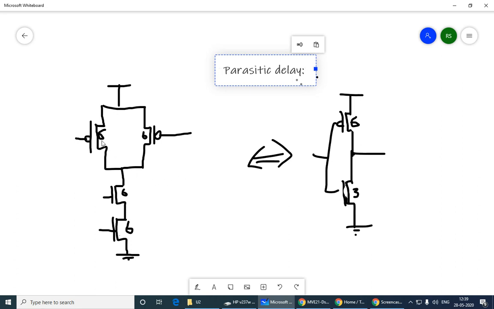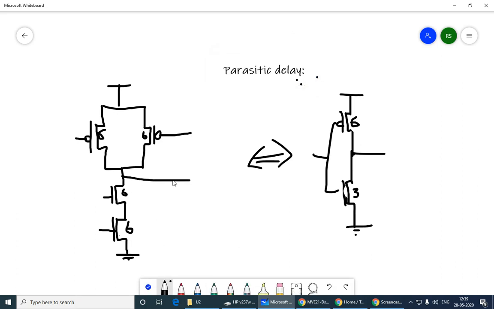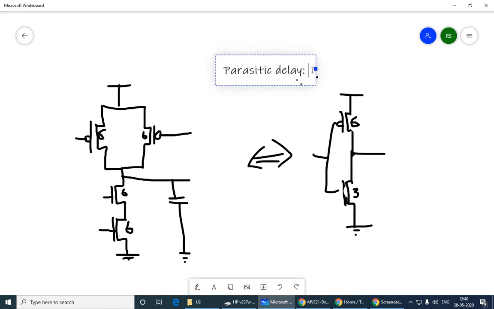So here I have one, two, three terminals connected to the output node. So what is the total output capacitance? It is 6 plus 6 plus 6 is 18. So it is going to be 18C